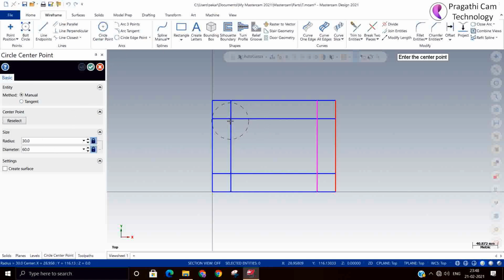Imagine that you have already done the roughing, only finishing has to be done. In that situation you can very well utilize this helical boring operation.